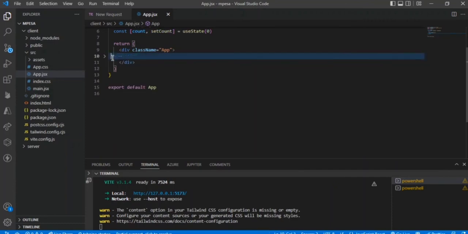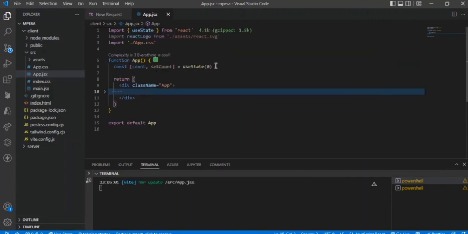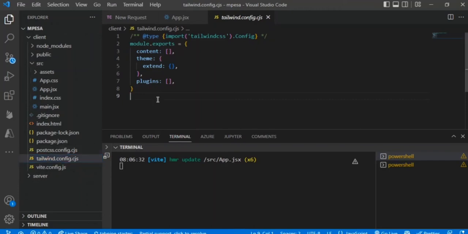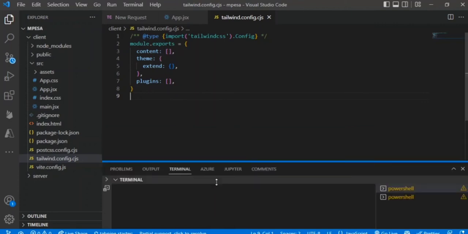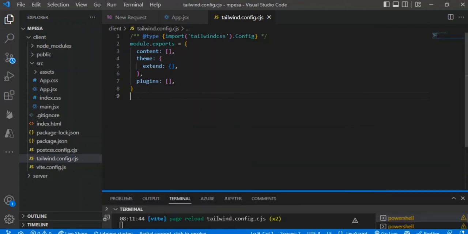We clean up everything we don't need, the useState we don't need, and the logo, the SVG right there. So guys, we will be using Tailwind for styling. So we need to have that set up. So kwa Tailwind